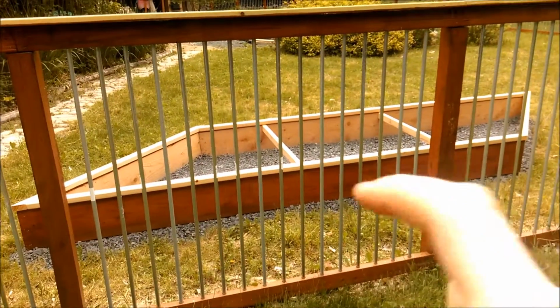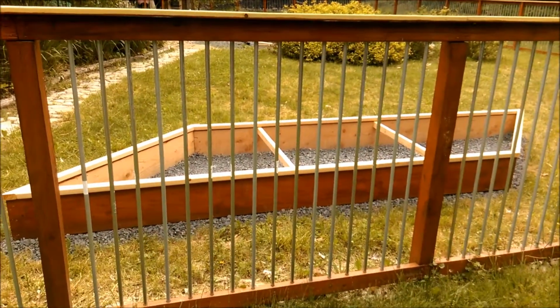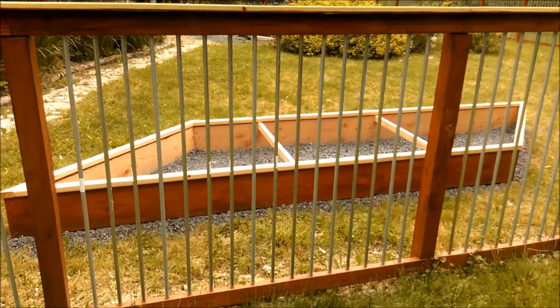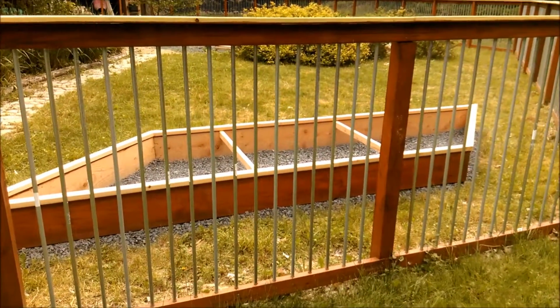Okay, 12 feet long, 4 feet wide, by 1 foot deep. That's all, of course, approximate. Those measurements are actually external dimensions, but in any case, that's about 48 cubic feet of volume. So,